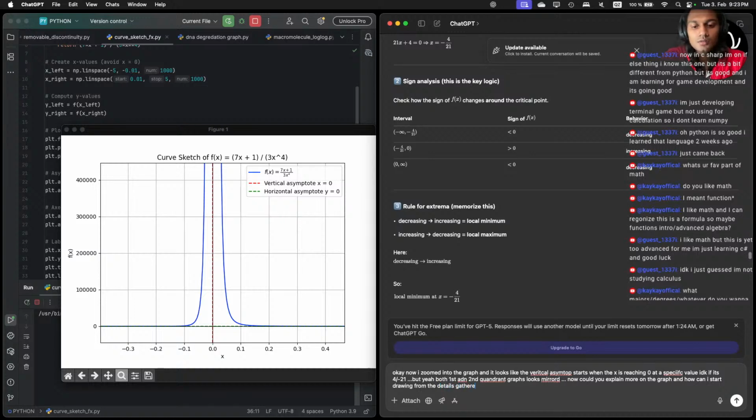Gather equation like at x equals 0 and the